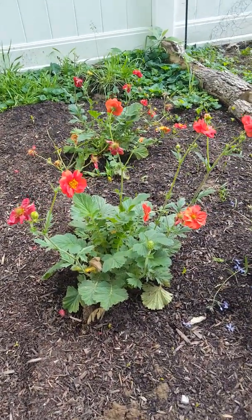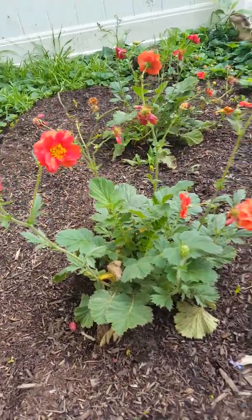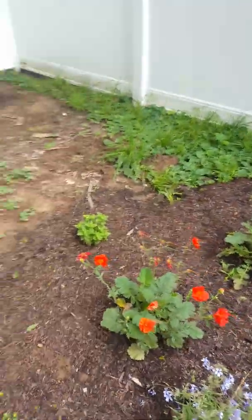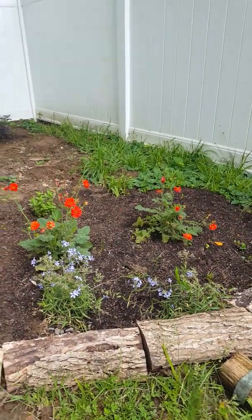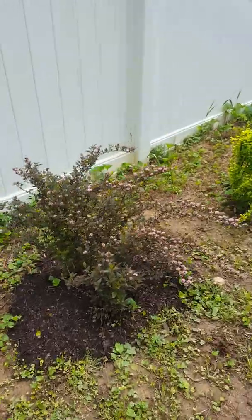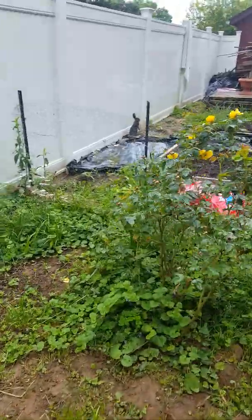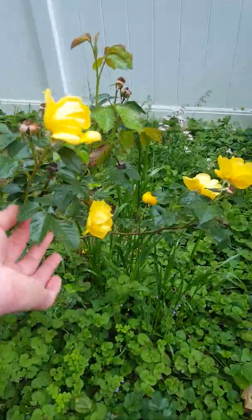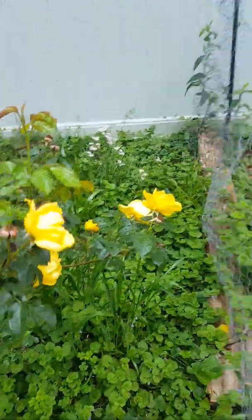GM. Sunset Blaze or something like that. Part sun. Really brightens up a shadier area. And the Chattahoochee phlox. Wildflowers. Pretty yellow rose. Of course, all the blooms are facing the fence, but